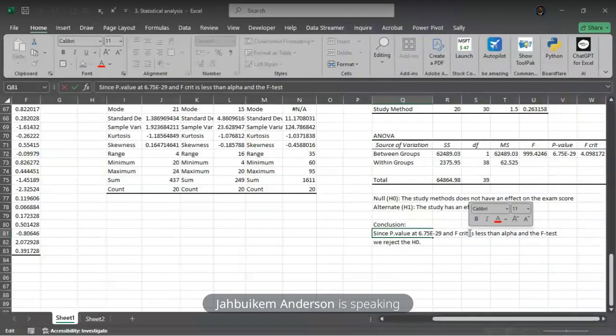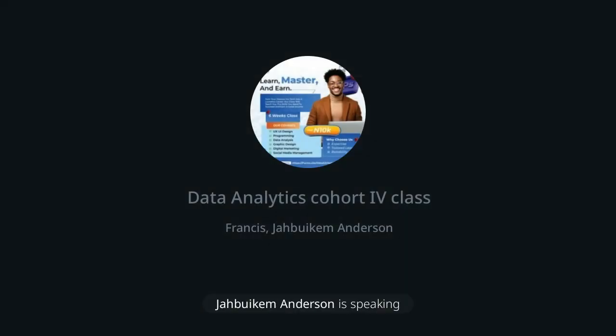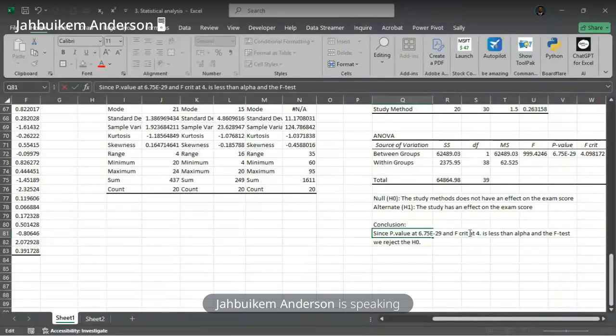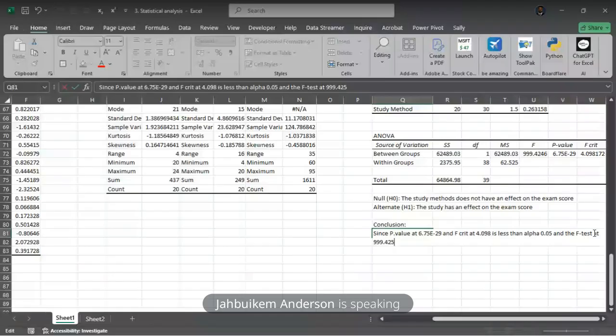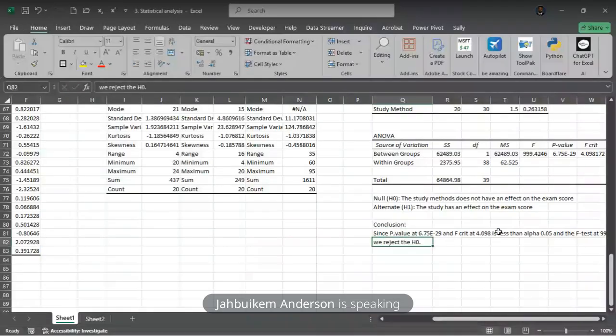F critical at 4.098 is less than alpha, and alpha is at 0.05, and F test is at 999.425. We reject what? H-naught,